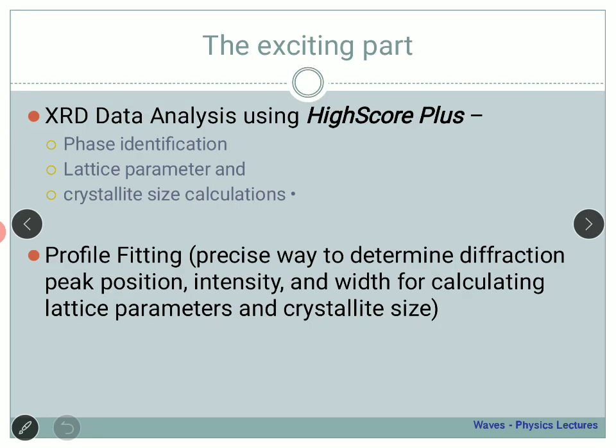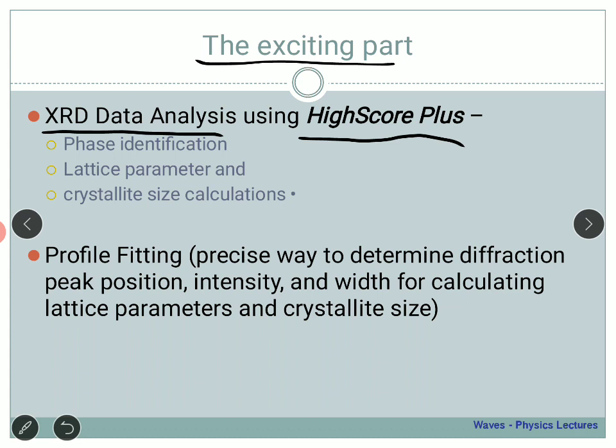But what's the exciting part in XRD is that once you understand XRD, you are going to analyze a lot of data, real life data. You see, there are a lot of materials. Let's consider an example, any kind of nanomaterials that we have. Now, if it is unknown to you, can you identify that material? In most of the cases, yes, there is basically a database, and then you can do an XRD analysis, X-ray diffraction technique. And then once you get that data, you can compare it with a standard data, and if it matches, then you definitely know what kind of material you are going to study.